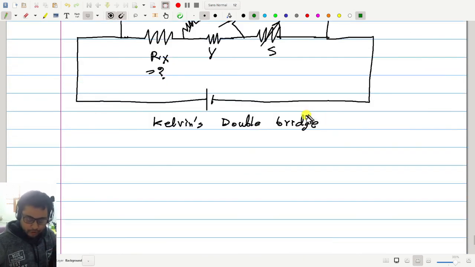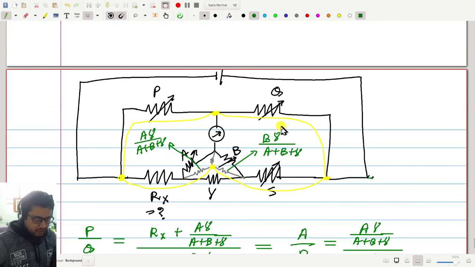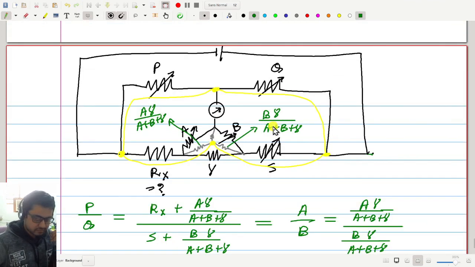I actually do not, I mean, what is your point? Sir, instead of adding a delta bridge, why don't we add a single resistor in series with a detector? So you are saying that why do we not make a star bridge from the beginning? Yes, sir. Okay, so tomorrow we shall see that.